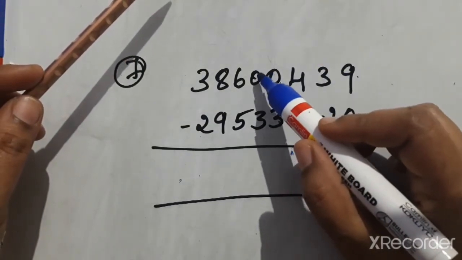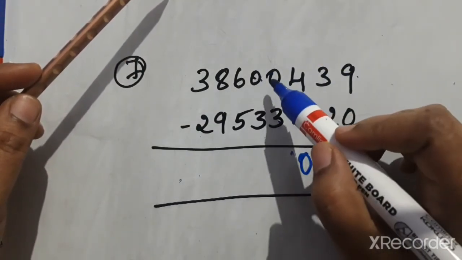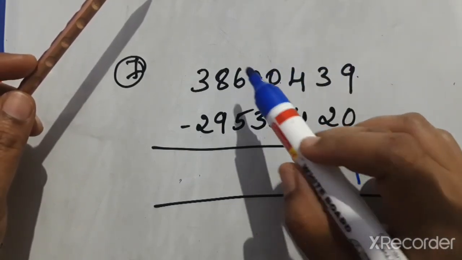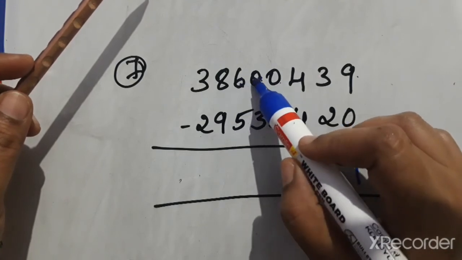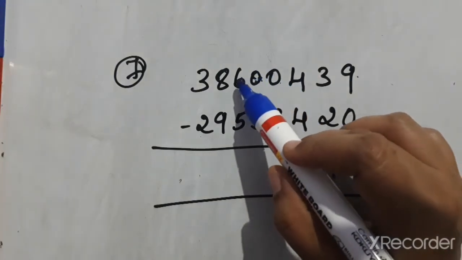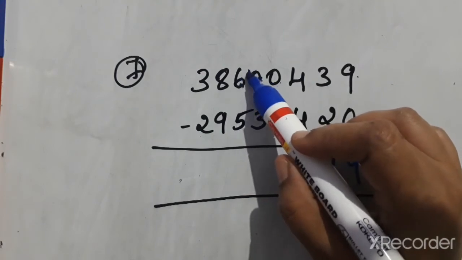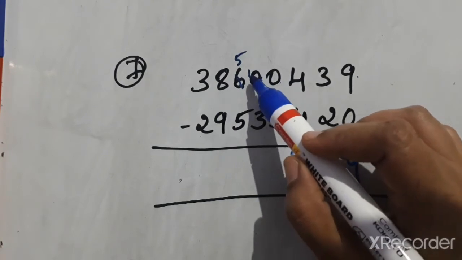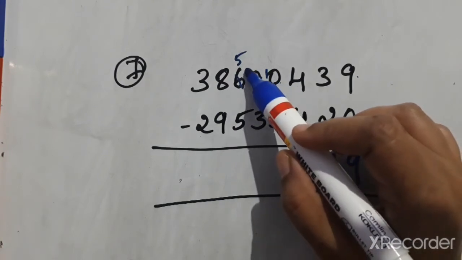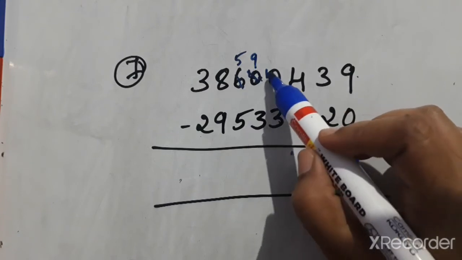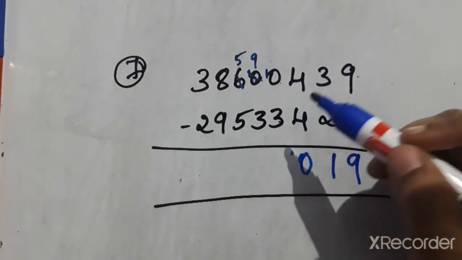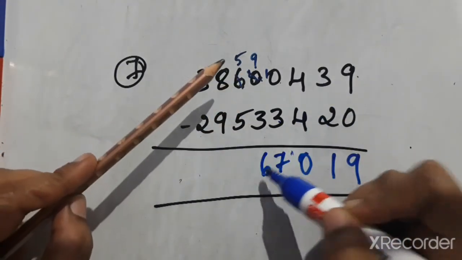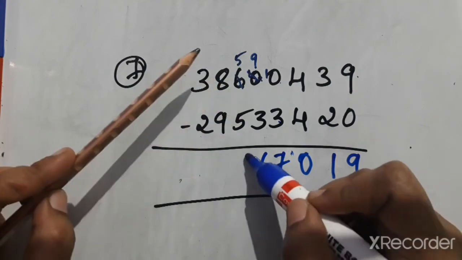Again knock on the next door. Ask your friend. Here also 0 rupees, he can't give, and the next neighbor has 6 rupees. So 6 will help this person. Out of 6, 6 will give 1 here and this will become 10 and 6 is now 5. And out of 10, 10 will give 1 here and this 10 will become 9 because he gave 1 to his friend. Now 10 minus 3 is 7. Now 9. 9 minus 3 is 6. 5 minus 5 is 0.